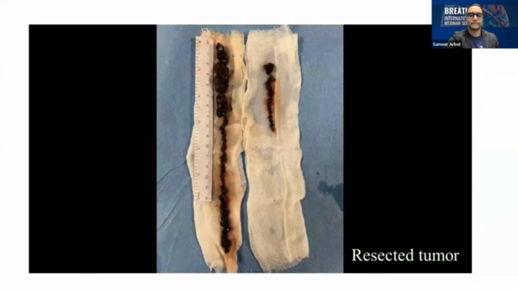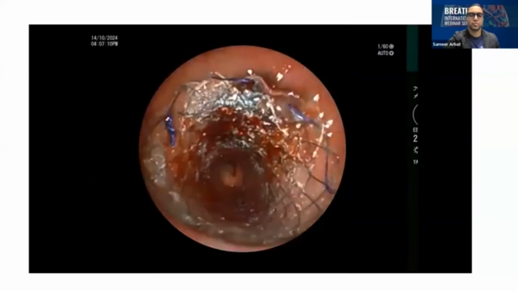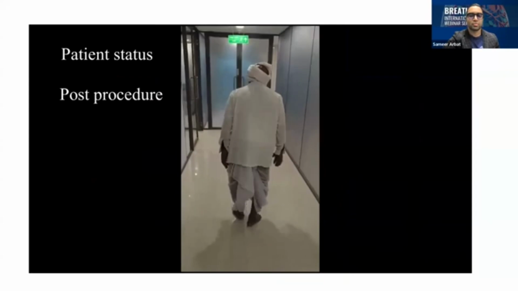And this is how rigid bronchoscopy really plays an important role in malignant central airway obstruction as a part of a palliative treatment and for providing immediate symptomatic relief to this patient. Now you can see the patient walking back home the very same day following rigid bronchoscopic tumor debulking and airway stenting. So one other area where the rigid bronchoscopy really plays an important role is in the benign central